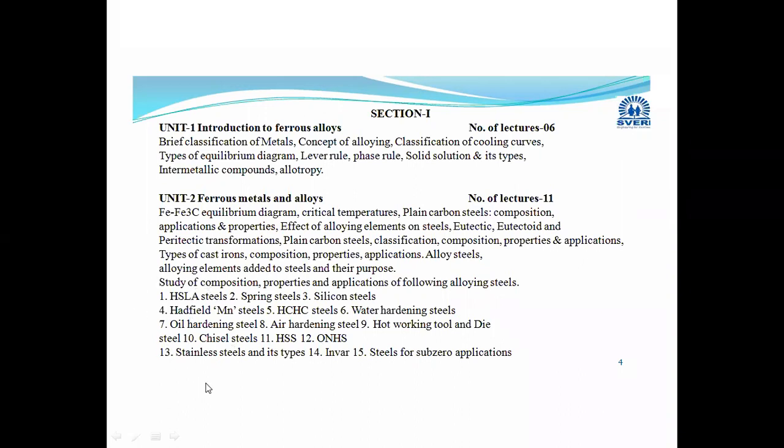This is as far as your theoretical examination is concerned. But you should be able to understand the composition. Depending on the composition only, you will be able to understand the properties of that material, and after understanding the properties only, you can decide their